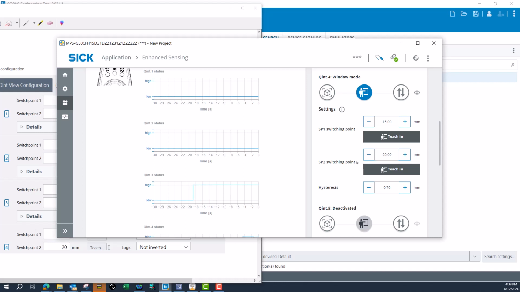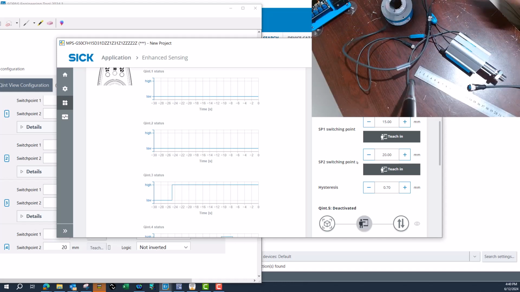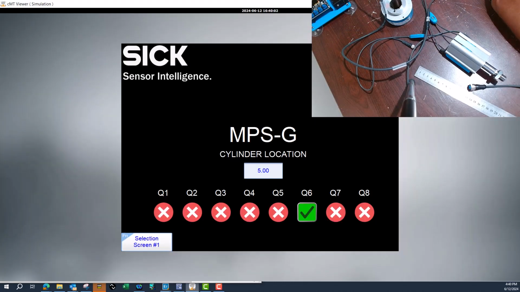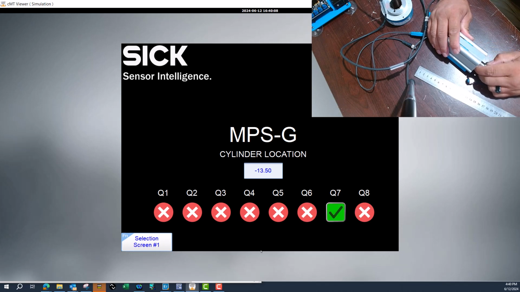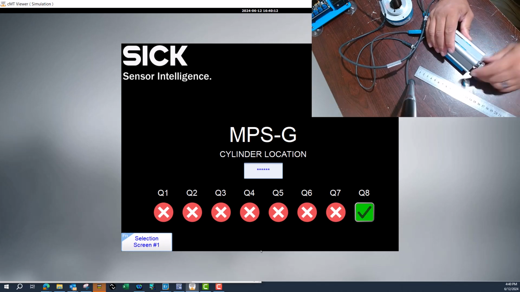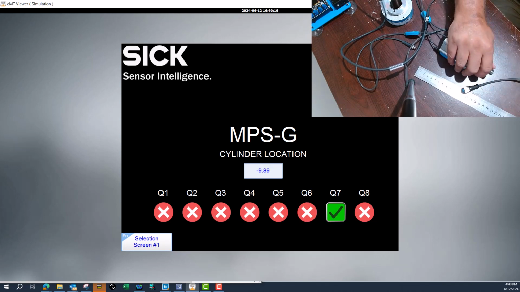Now that those are set, I can hook it back up to my PLC. You can see that instead of doing 1, 2, 3, and 4, I'm doing 5, 6, 7, and 8, because of the way the process data is laid out. So if I wanted the exact same values out of it,